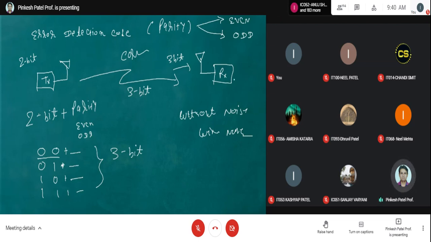As well, if it is with noise, there should be some indication at the receiver side. So at the receiver side, once again the parity is generated by considering the 3-bit combination, right? The receiver does not know which message is actually being transmitted at what time, so it is absolutely unaware of this. Now, if it were aware of this, there would be no need of that mechanism.